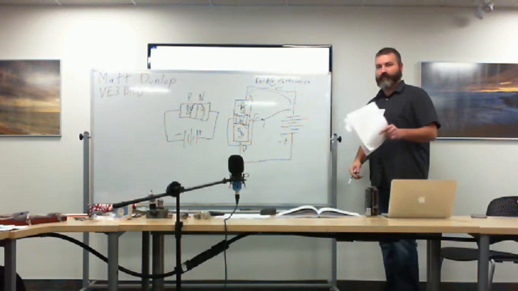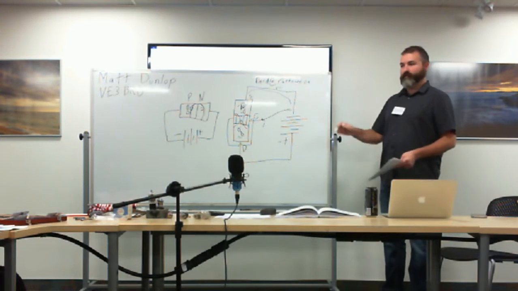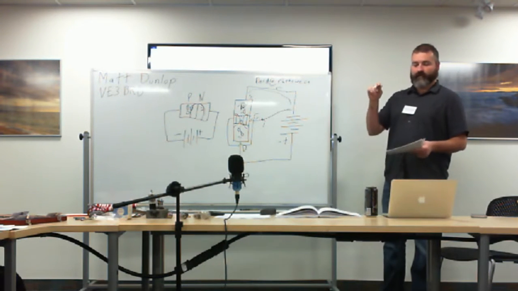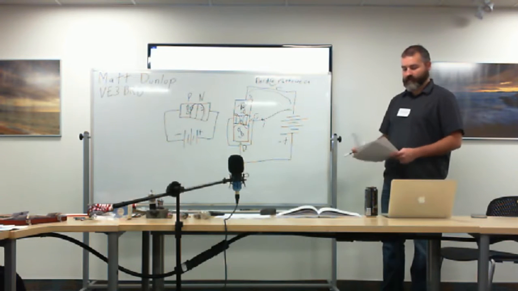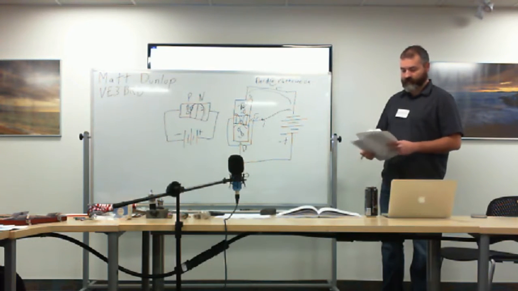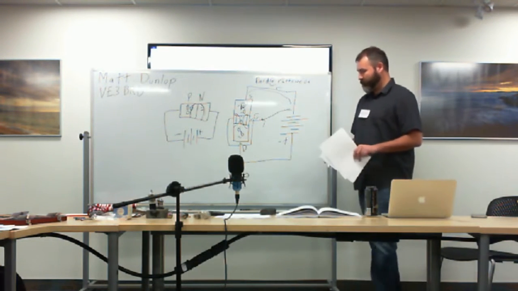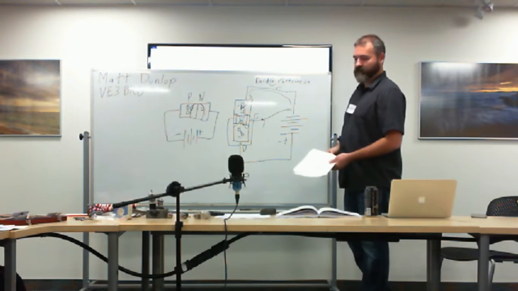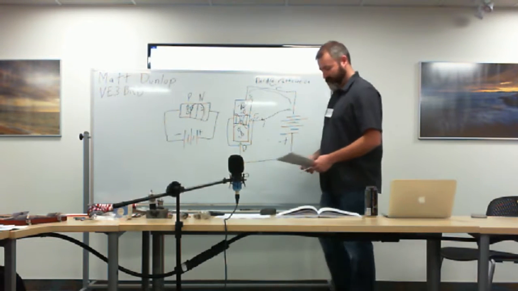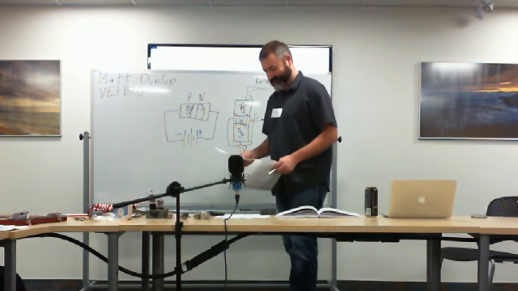That's the same with the transistor. The gate voltage is very low compared to the amount of voltage that can flow across the emitter to the collector, or the collector to the emitter. So you can use, for example, I'll get to it. I have my example. Hey, look, it's next. Perfect.